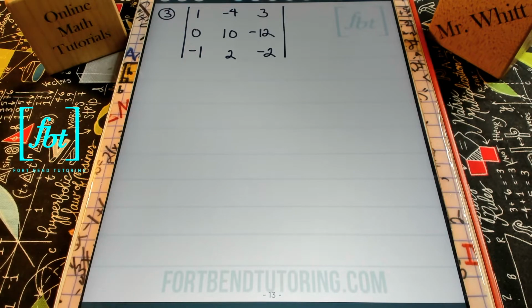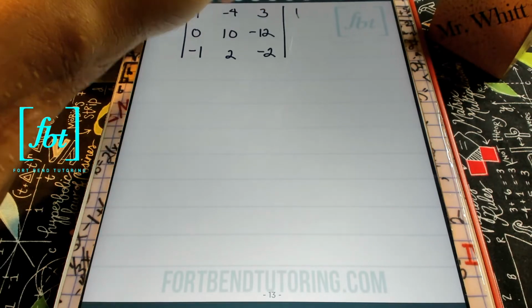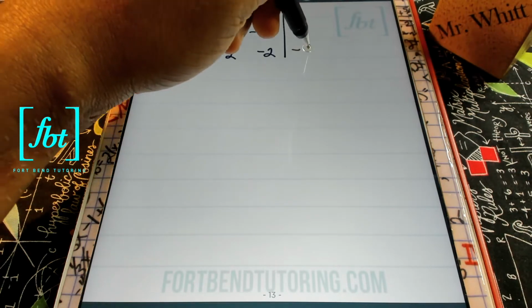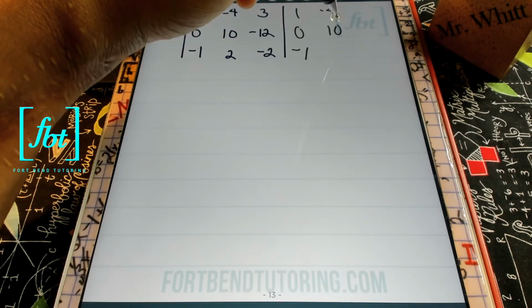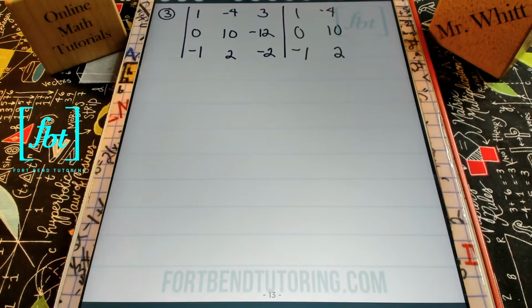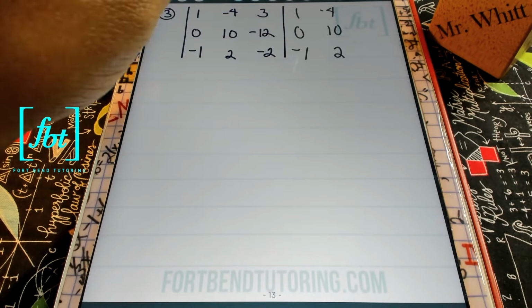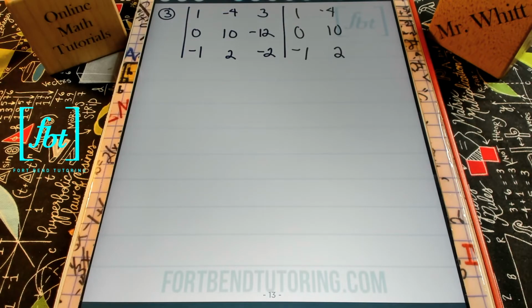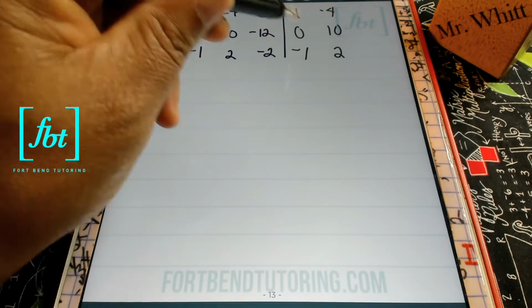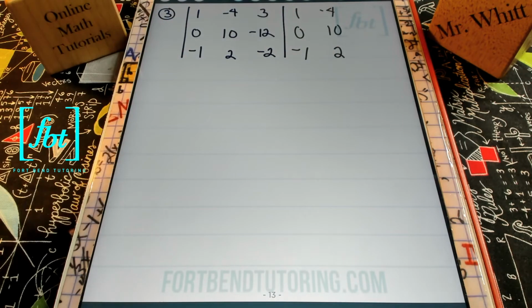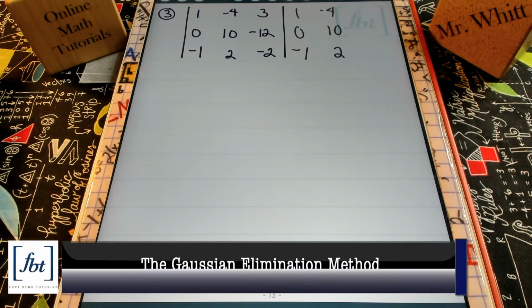So I'll be rewriting our first two columns, 1, 0, -1, as well as -4, 10, and 2. Notice how I simply rewrote the first two columns to the right of our existing matrix. Now we'll be multiplying up to the left these three diagonals that contain three elements, and we'll be adding them